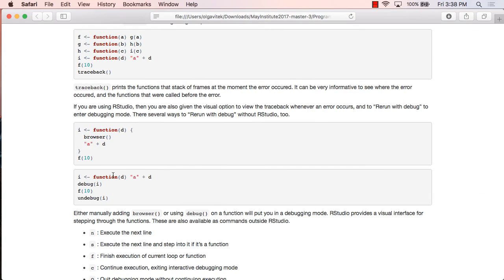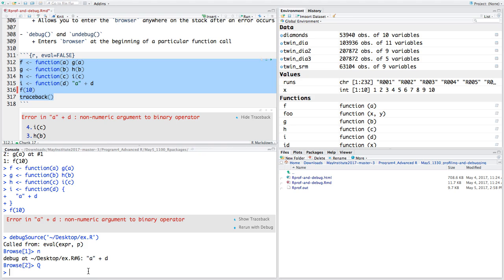Another function which basically does almost the same thing is called debug. You call debug on some sort of function that you want to debug, and debug can be really useful if you want to find an error that's occurring in someone else's function or in a function from some other package, because usually in that case you can't go and edit the code from another package, or at least it would be really inconvenient to try to do that and then actually load it. So you can call debug on any function in R, and then that'll enter the browser whenever that function gets executed. So say, for example, I want to debug